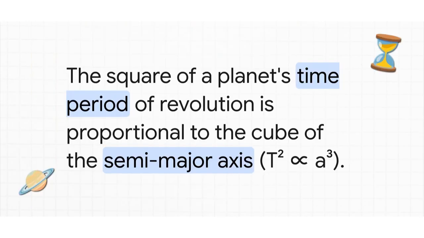And finally, we've got the third law, the law of periods. This one gives us a straight-up mathematical link between how long a planet's year is, that's its time period T, and how big its orbit is, which is the semi-major axis a. Now this relationship, T squared is proportional to a cubed, you absolutely have to know this for solving problems in